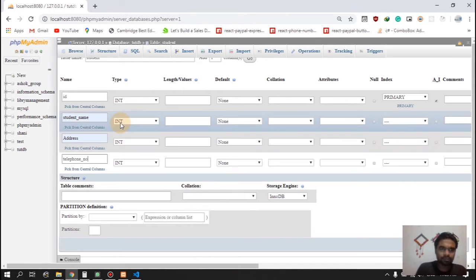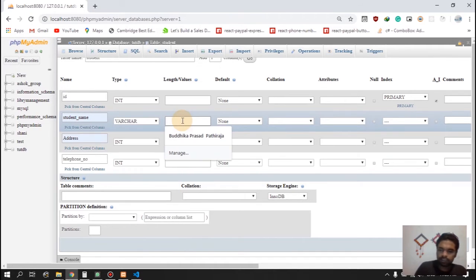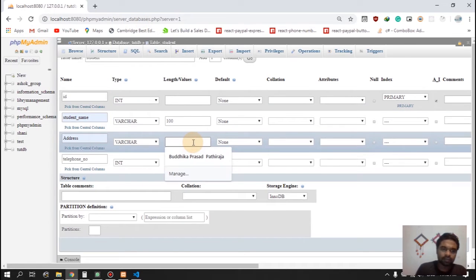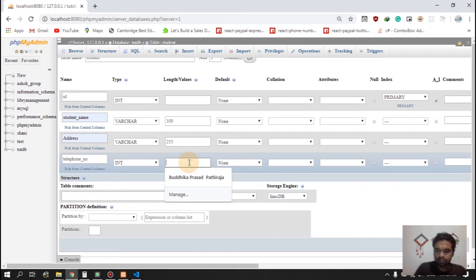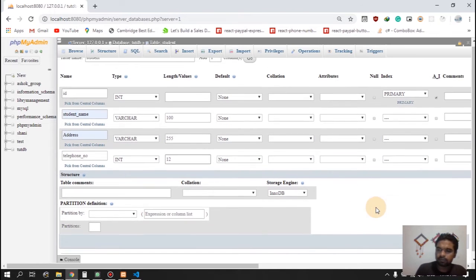After that I am going to change the type of these fields. Student name must be varchar. Length is 100 characters. I think it's enough. And varchar address is 255. Telephone, let's put it as 12. That's it. And now I am going to